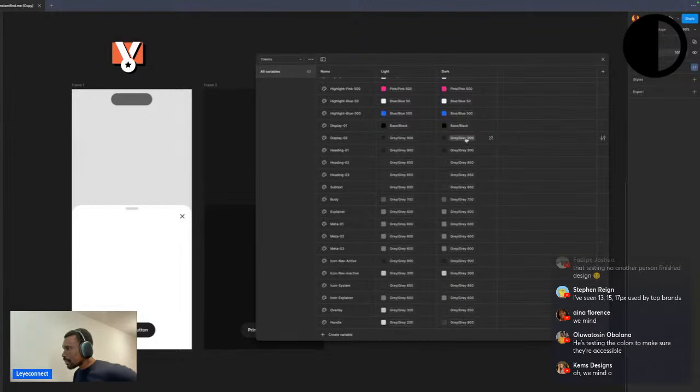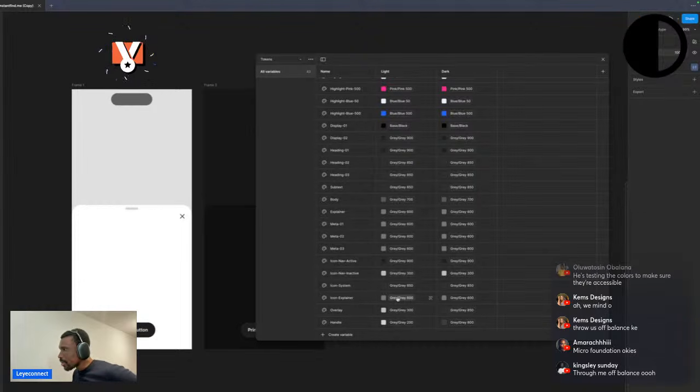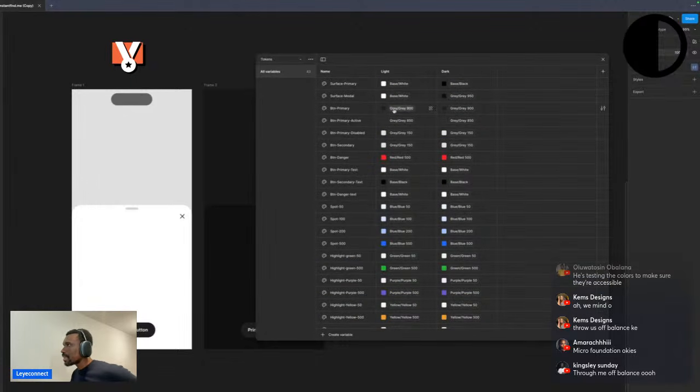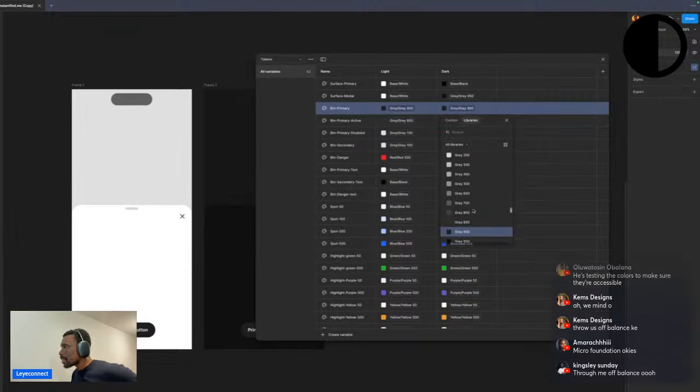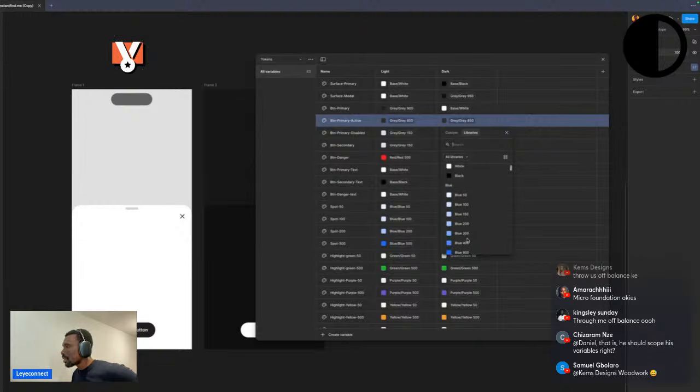All right. So let's start. We have done the base, we have done overlay, icon explainer, grade 600. We'll find out whether it is right. Grade 50, we may want to use. Okay, no, there are just some colors we'll still have to test before we start. Surface model, yes, we have done. Our button primary grade 900. Our button primary, when it flips to white, button primary active grade 850. You have to show me